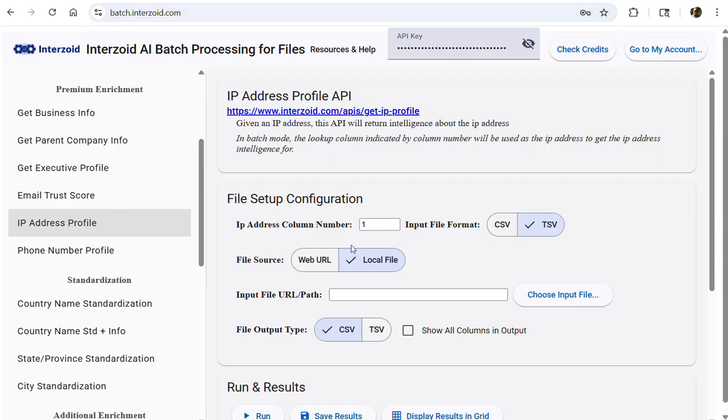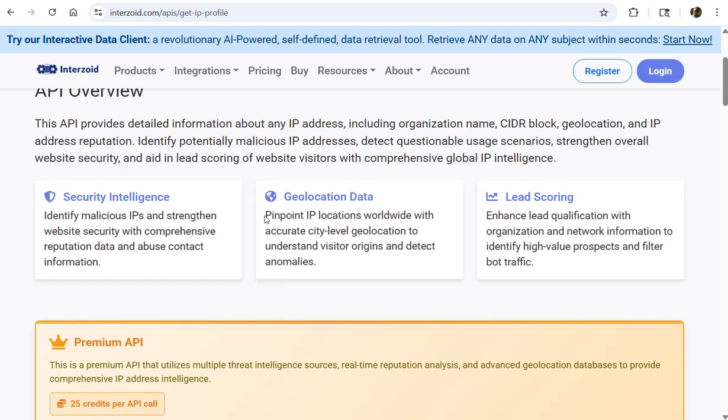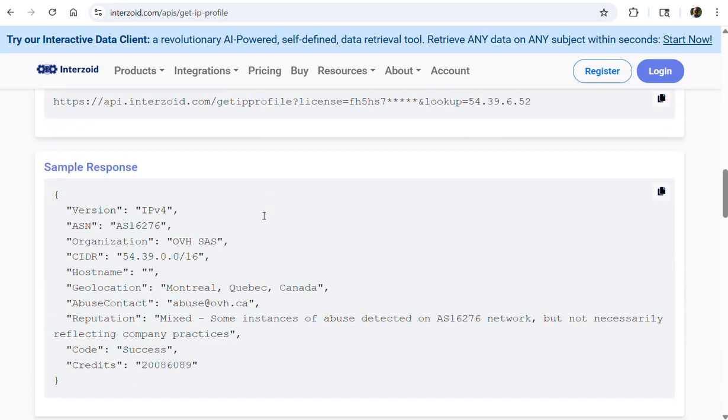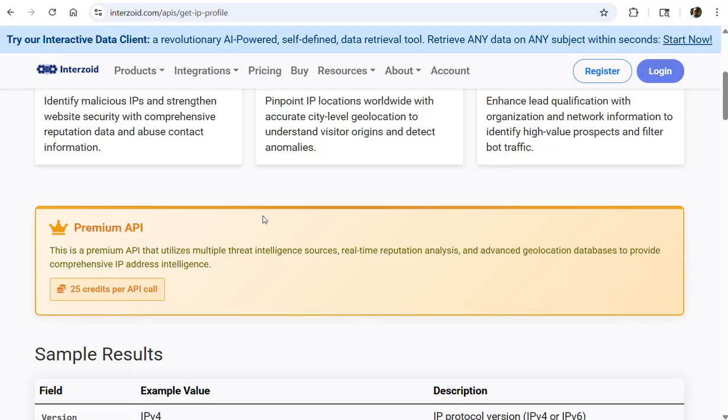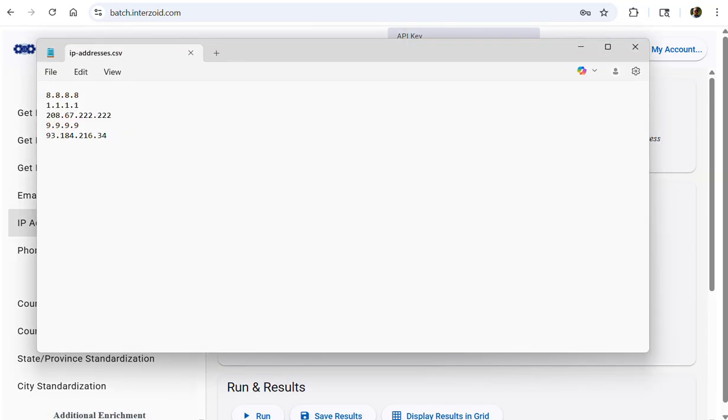And so you can see here, this is batch.interzoid.com where we run batch files. And we're going to be using the IP address profile premium enrichment API. And we can go to that and get some information about this specific API and what data comes back from it. We can see that here just by clicking on this link. And what we have here is a file,